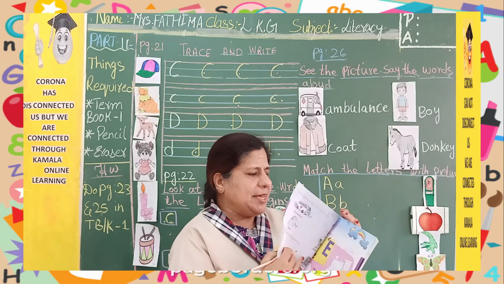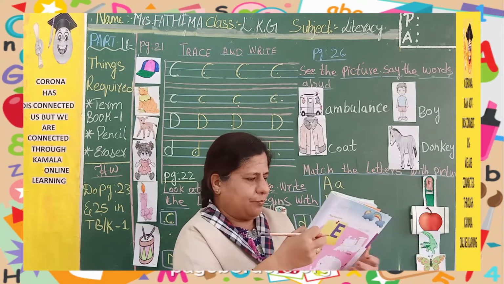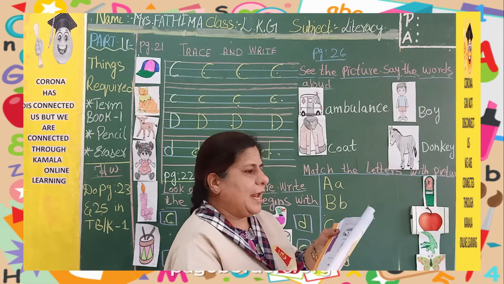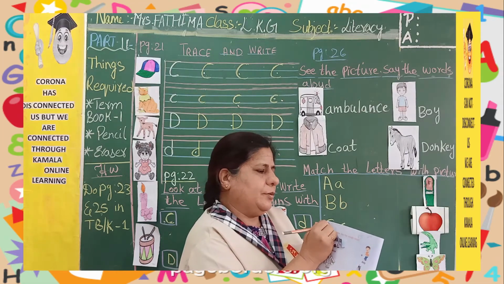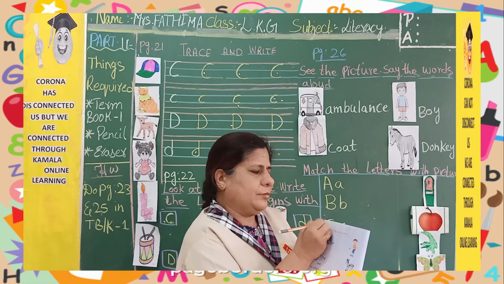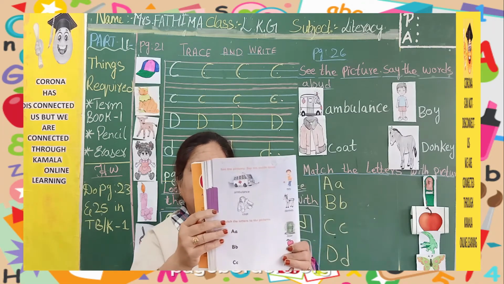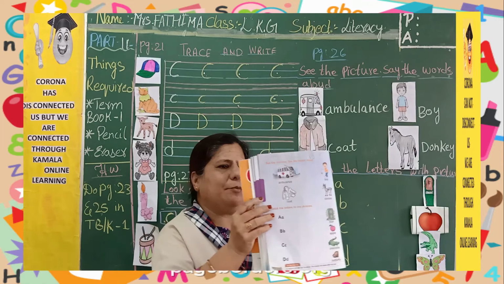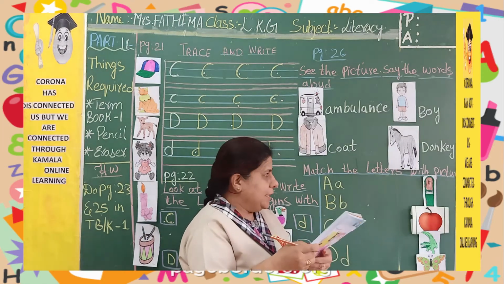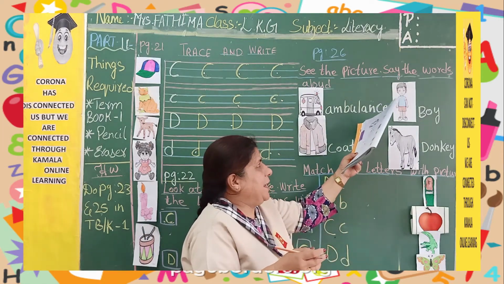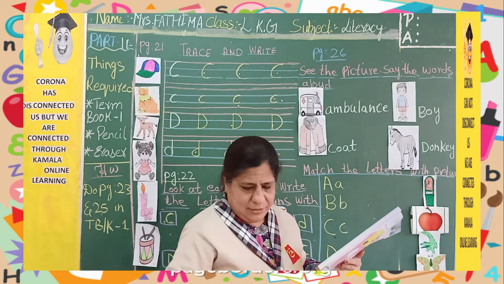Yes. Now turn the page. Turn the page. Write today's date. Write CW. CW on the page. Write today's date and write CW there. Yes, children? Now we have to read these spellings. First we will do this matching.